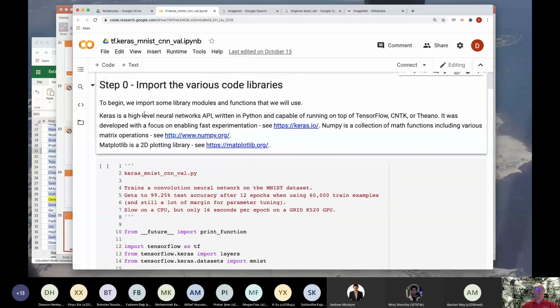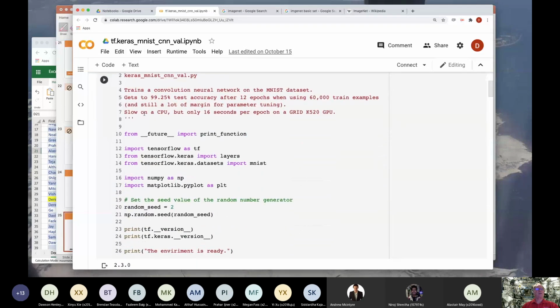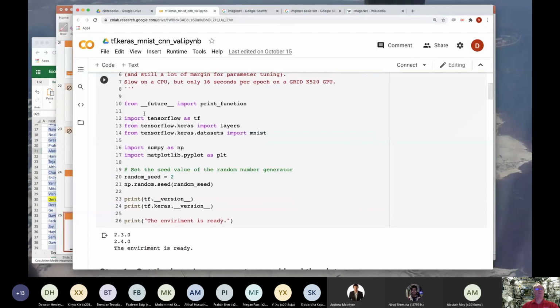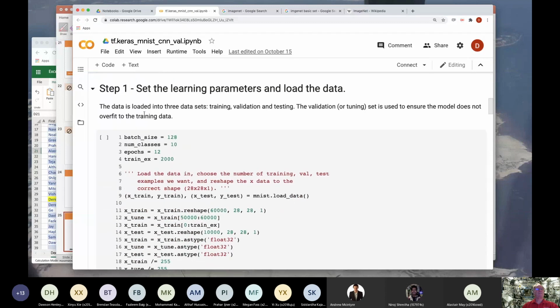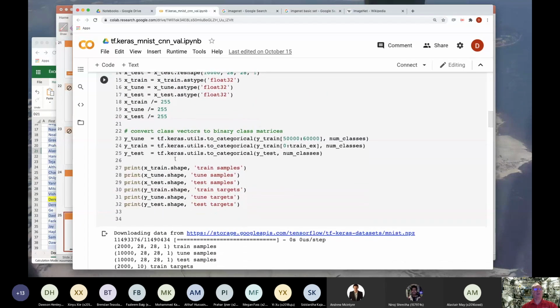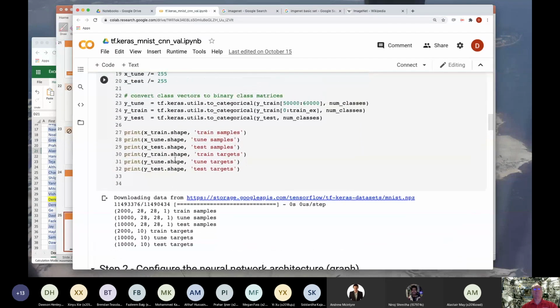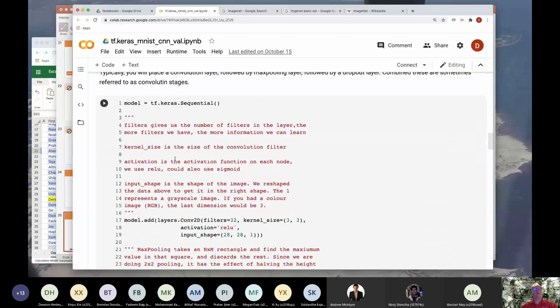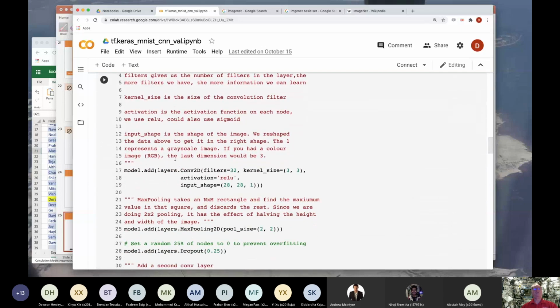Right, we've got again the same structure as things. Nothing really new here, or here. Loading in the data, doing the same with it, preparing it in the same way. In terms of configuration of the network, certainly is going to be something different. We're going to make use of the built-in TensorFlow libraries for convolutional layers.